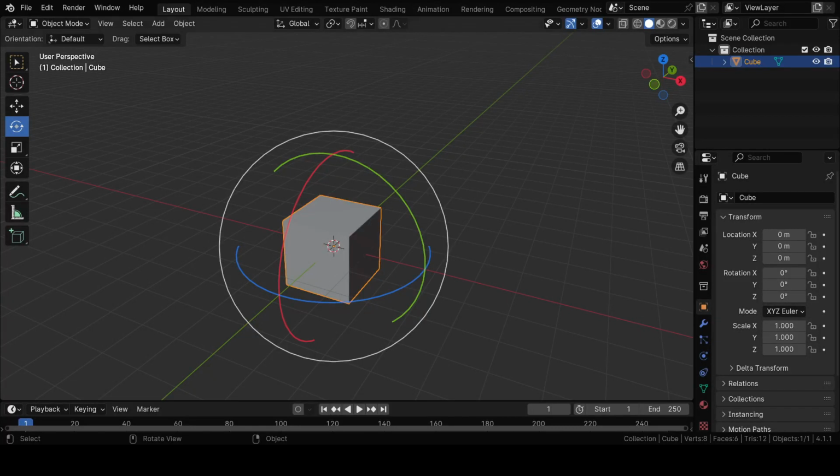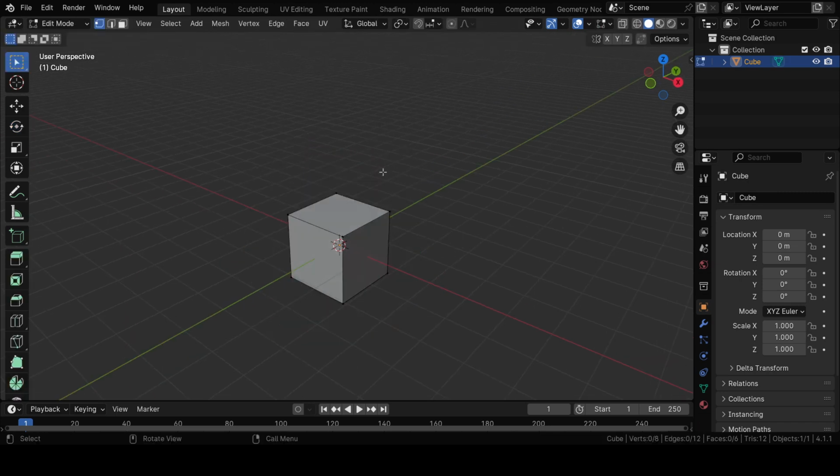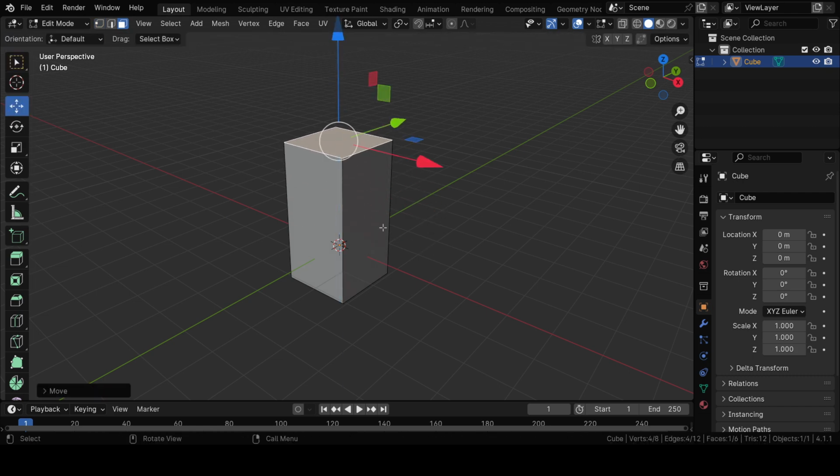So going into edit mode, changing its shape, like I can select this face and then move it. All these are changing its shape. When I scale it, when I rotate it, or when I change its location from one place to another place, it is all the first three types of transformation. It has to do only with the transform